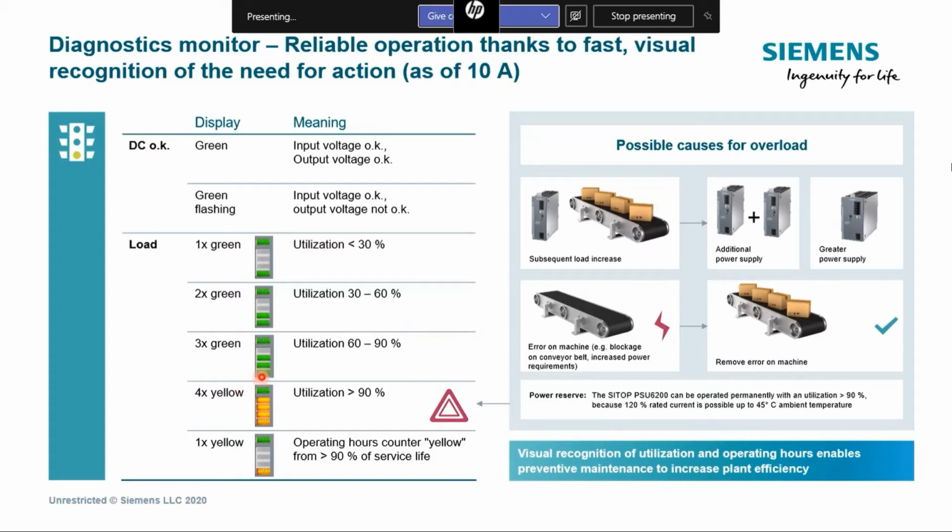If the 3 LEDs are green, then you are utilizing from 60 to 90%, which means that you are almost utilizing the full limit. And if the utilization is higher than 90%, so above 9 amps, you will get 4 LEDs, but in the color yellow,